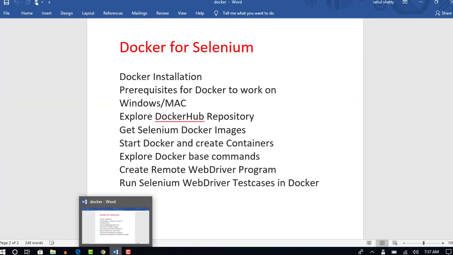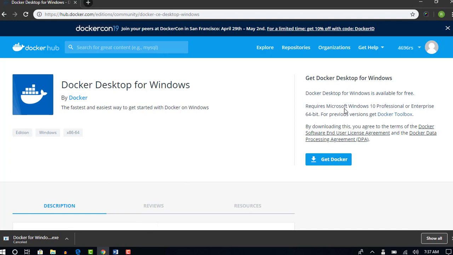The next very important point, before you run this .exe file, is checking the prerequisites for Docker to run. If you see here, it requires Microsoft Windows 10 Professional or Enterprise 64-bit. You need one of these operating systems on your machine to make sure Docker works. If not, there is a more complicated way using Toolbox and setting up a VM with virtualization on, which is so complicated and not suggested.